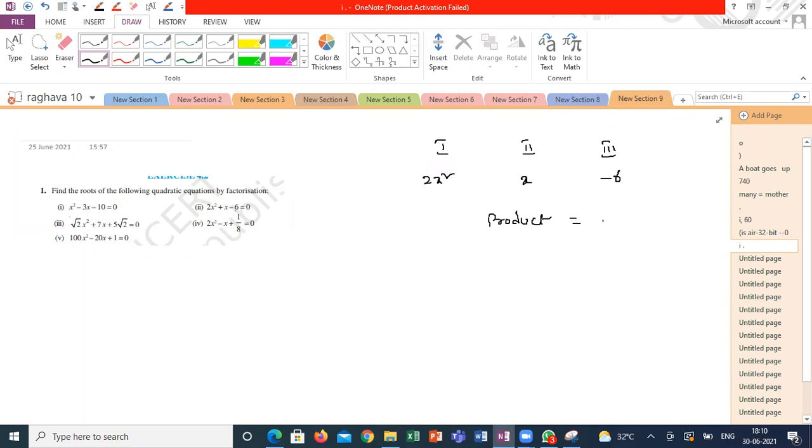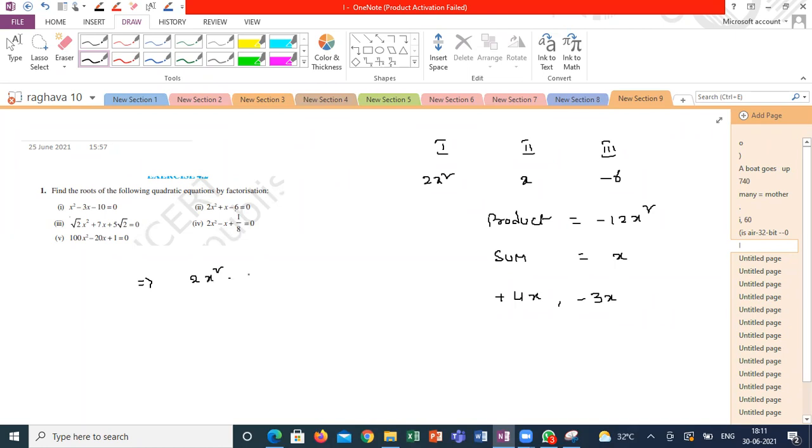Sir, 2x square plus 4x minus 3x minus 6 equal to 0, sir. Product is minus 12, sir. And sum should be x. Correct? So what are the possible split ups? I can say plus 4x comma minus 3x. If I am multiplying 4x and minus 3x, the product is minus 12x square. If I am adding 4x and minus 3x, the sum is x. So which is satisfying my condition to split the terms.